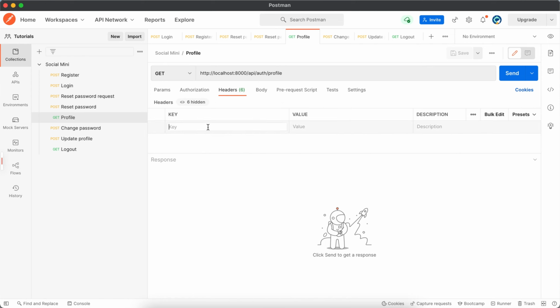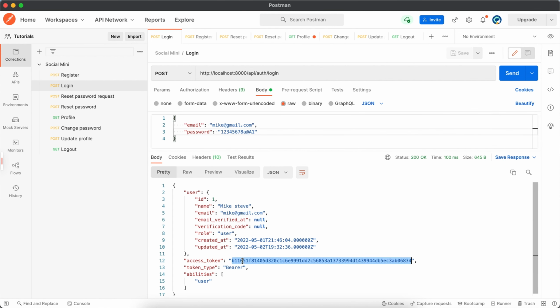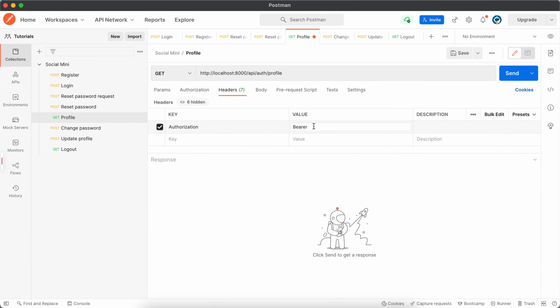But in the header we need one more key here, which will be authorization, and the value will be bearer and then a space and then this token. So we will copy this and then space. Here we need to have one space, okay, and then paste the token here. Now once we send this,